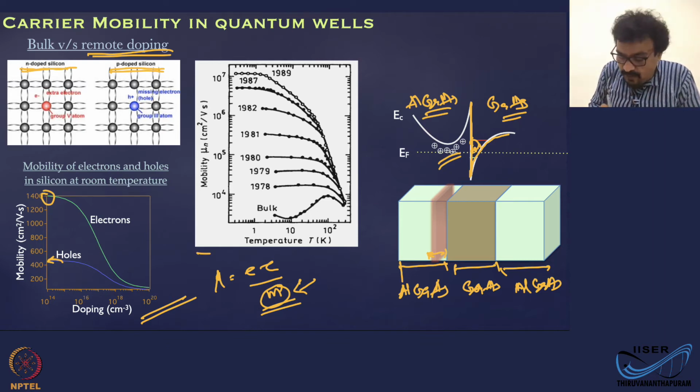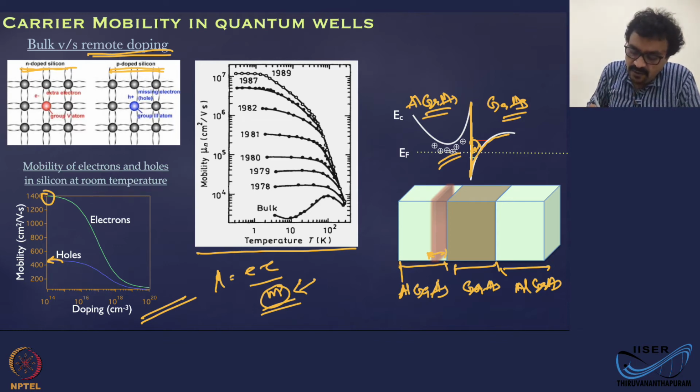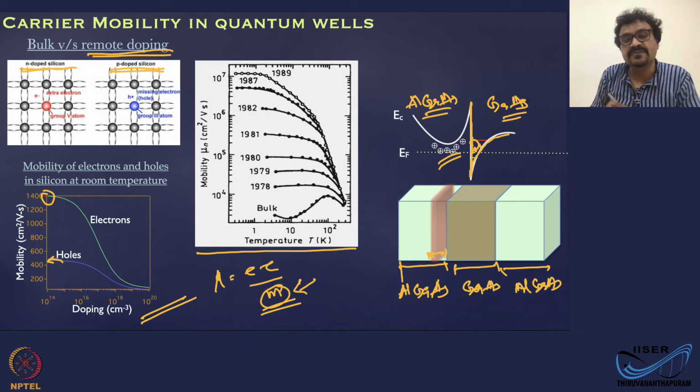This plot is telling you how the technology has evolved over the years. This is a bulk material, and this is one of the first 2DEG materials, two-dimensional electron gas, which I will discuss in a minute. This is one of the first heterostructures. Then how this mobility has improved over the years, and in 1989 itself you have tens of millions in electron mobility in these systems. This is the bulk mobility, and this is the temperature, and you can see that the mobility is pretty flat over temperature. It's not changing very much, even though it's a semiconductor.